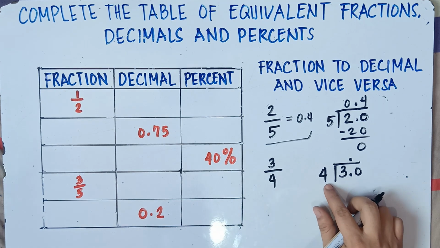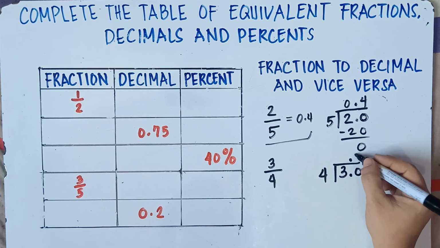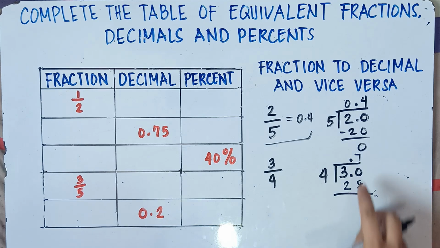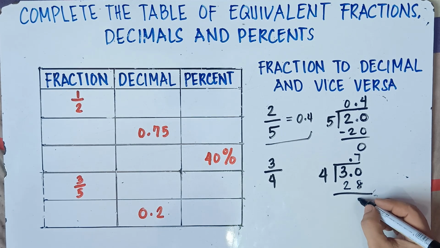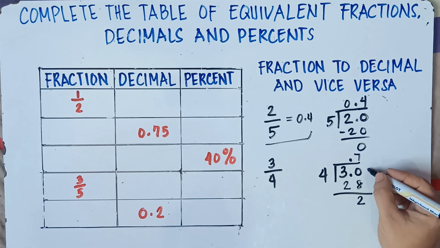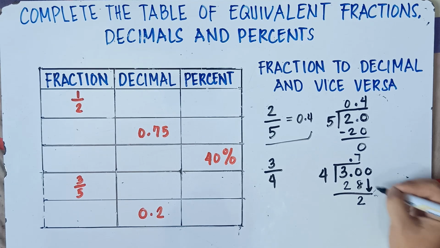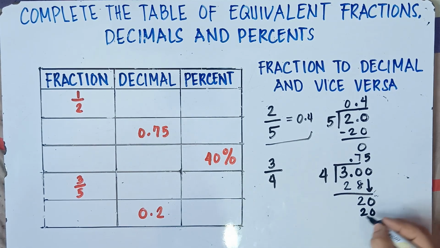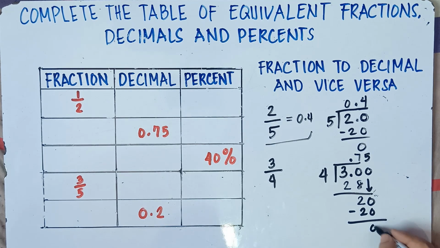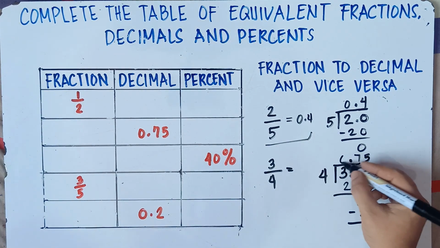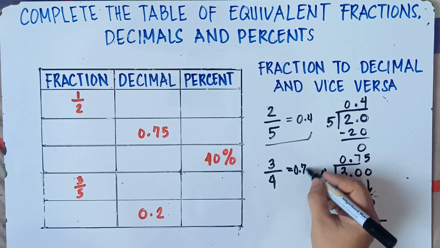30 divided by 4. What's the answer, class? Of course, that's 7, right? Okay, 30 divided by 4, that's 7. Because 7 times 4, that's 28. Alright, and then 30 minus 28, that would be 2. So 2 divided by 4, can we divide? Nope, we cannot divide. So add another 0. Bring down 0. So this will be 20 divided by 4, that's 5. 5 times 4, that's 20. 20 minus 20, that is 0. So, therefore, 3/4, that would be 0.75.